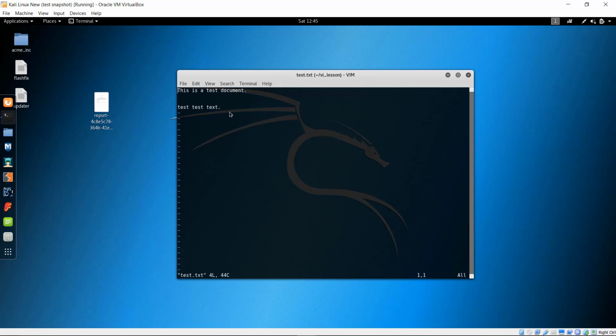So let's go ahead and show some appending. If you wanted to append some text to a line or to the document itself, there's two ways of doing it. Again, you can hit the I for insert, and I'll show you how to do that here. So we arrow all the way down to the end because we want to insert it after the sentence, this is a test document. And you can type in insert, and now you can do spaces, and you can type in test append, and